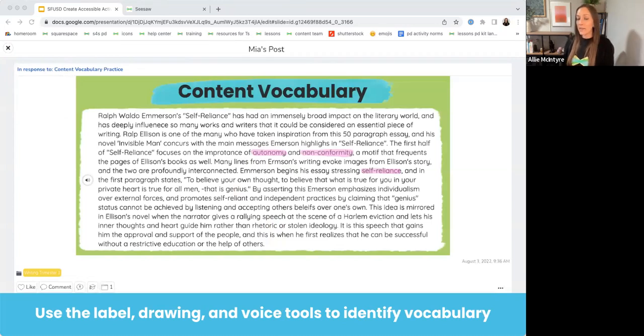Okay, here's another example activity template. Again, this one's pretty simple. The teacher just added a background and a white box and a title for students. The teacher's instructions at the beginning of the activity were to type a paragraph from the student's recent essay. So the students wrote an essay. The students were supposed to just pick one paragraph from that essay to type, and then use the drawing tool to identify content-specific vocabulary. And then use either the label tool or the voice tool to define those vocabulary words that the student identified.